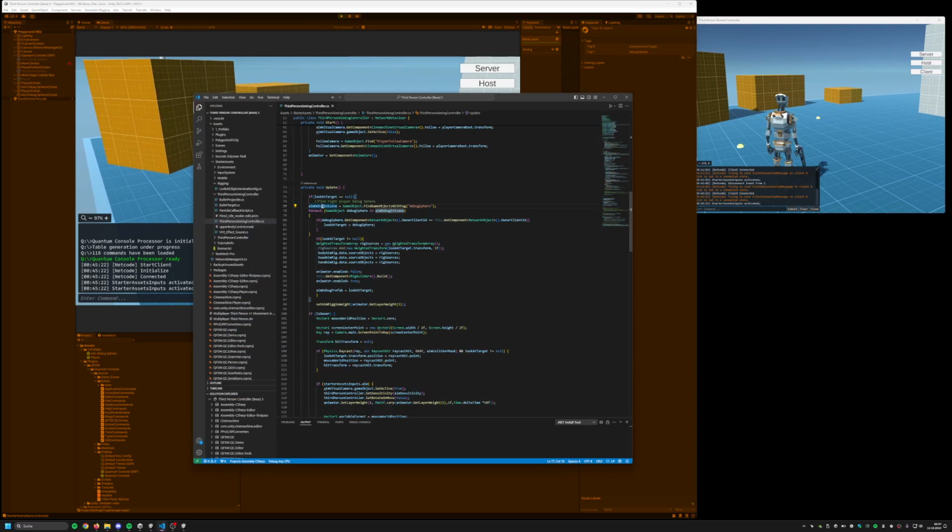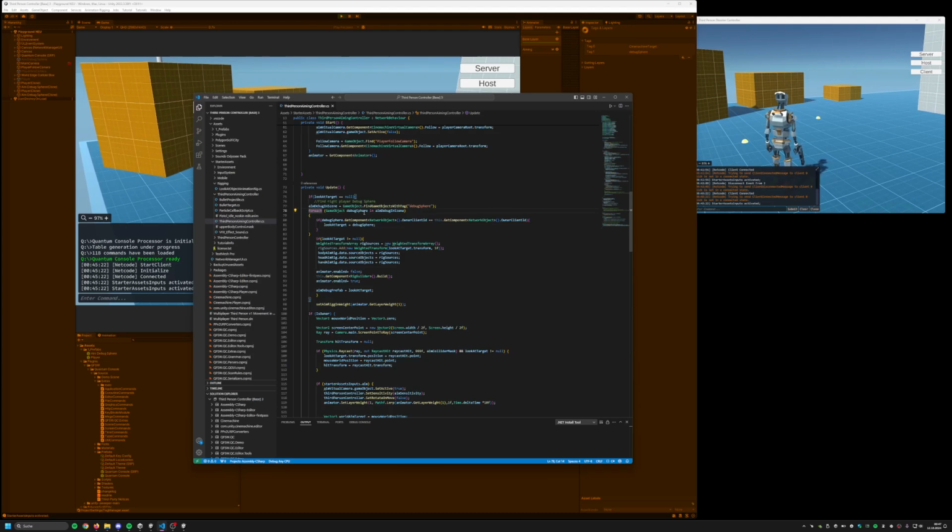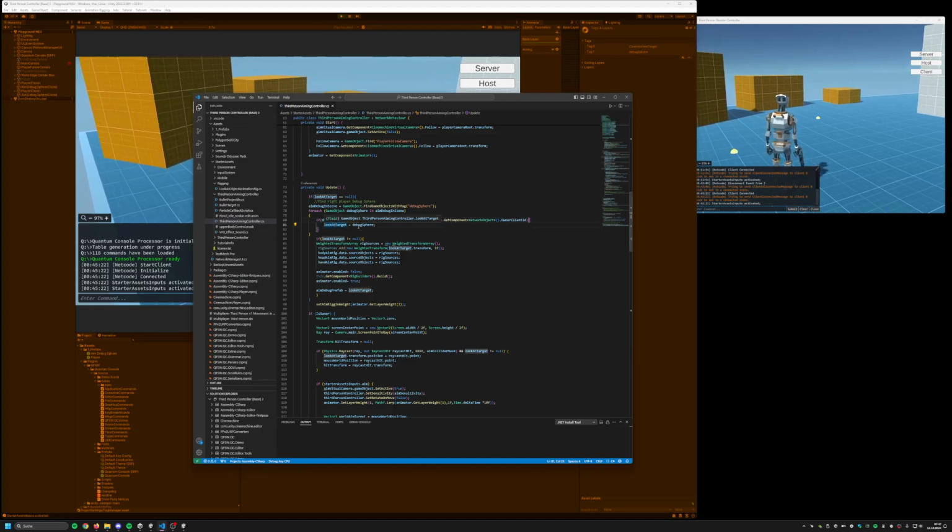Here you just make an array. In the array, you save the debug spheres, and then you go through each debug sphere in the scene and compare the owner client ID. That is why it's so important to spawn it with the right client ID. If your client ID is equal to the client ID of the debug sphere, then you can say, okay, this player needs to look at that debug sphere. And then it's connected,